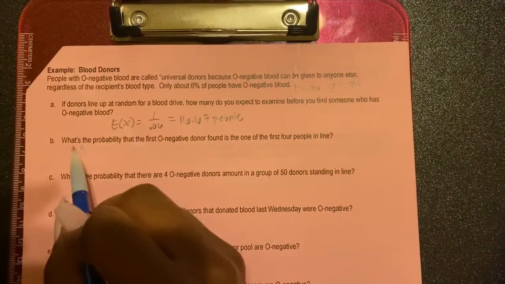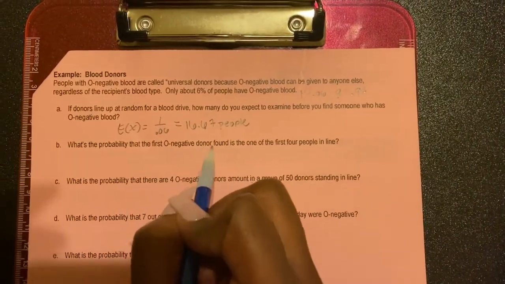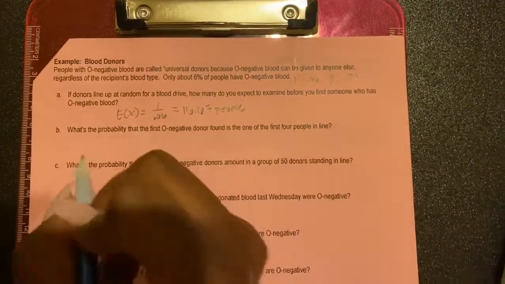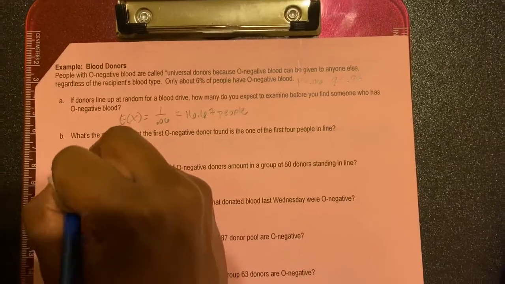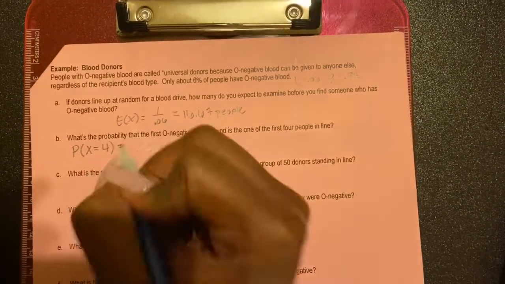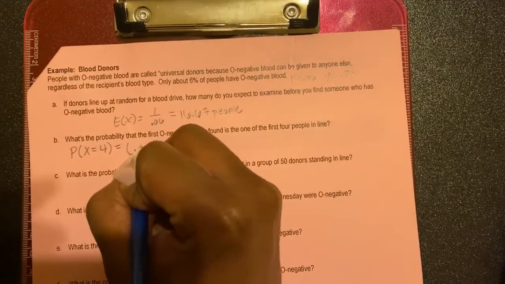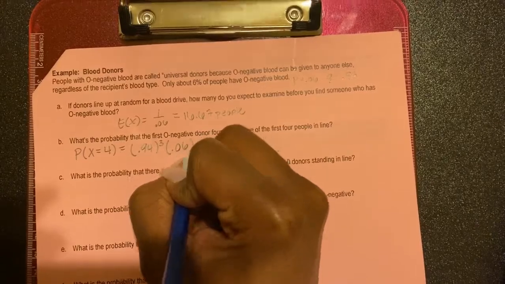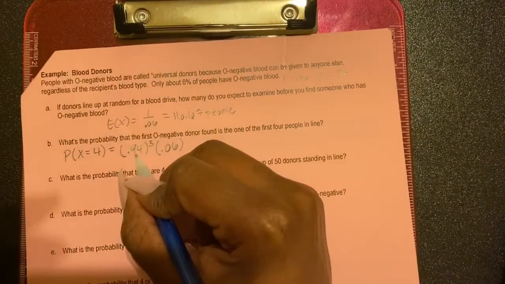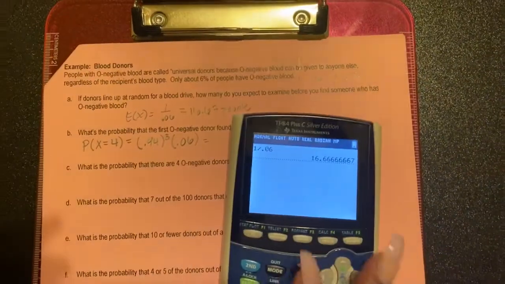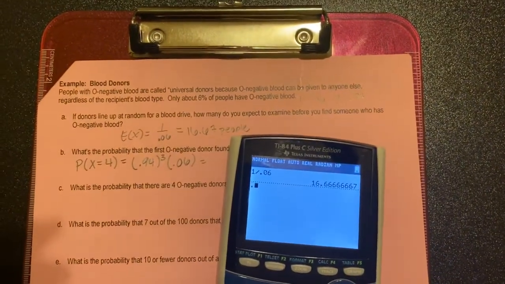Okay, so then what's the probability that the first O negative donor found is one of the first 4 people in line? So this also would be geometric. And so the probability that X is equal to 4 is 0.94 to the third power times 0.06, because we would have 3 failures before we actually had 1 success. And so that value, when we type it in,